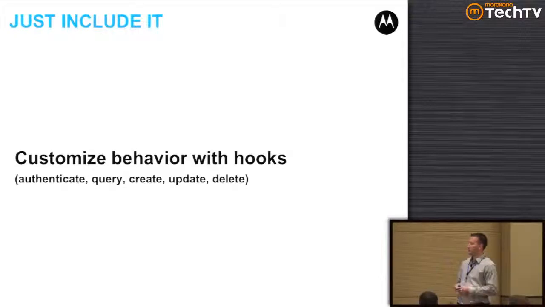And these are all the available hooks you have. You have an authenticate hook, which will receive the device's username and password and lets you authenticate the user in your backend system. Your RhoConnect server doesn't know anything about authentication at this point. It's just forwarding on the credentials to your web application. And then you get create, query, update, and delete hooks as well. So you could effectively write a source adapter inside of your model if you wanted to,